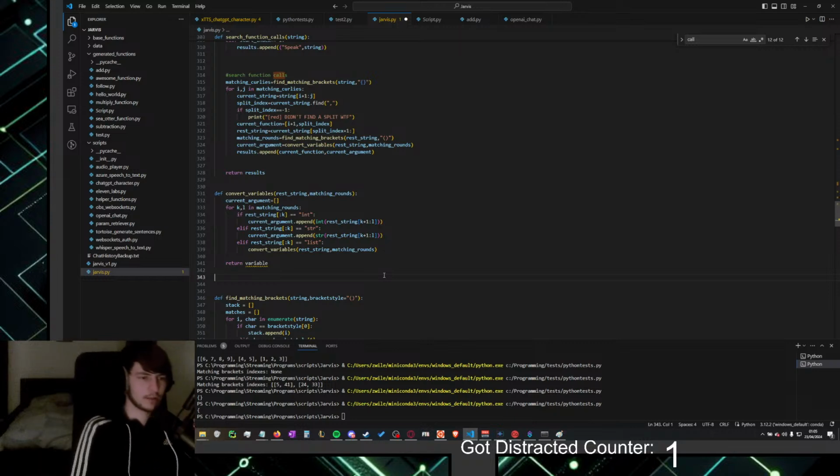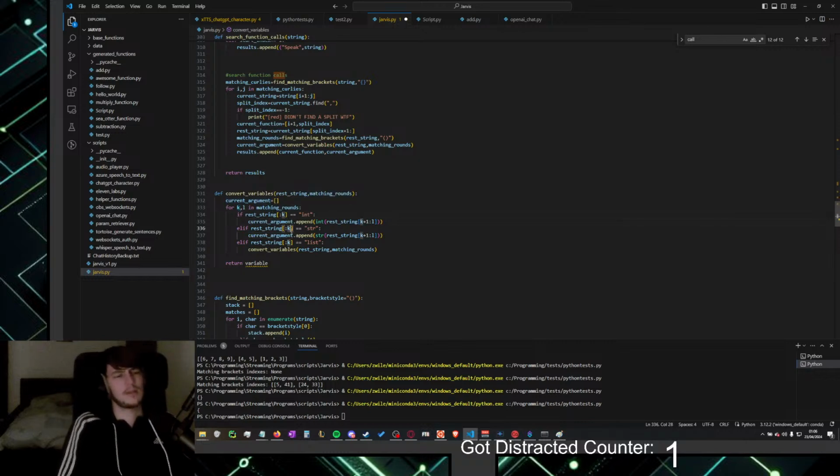Actually, I should not cut the rest string, because then the indices will be wrong, which is not good, because that means I also can't do that. So I cannot do that.